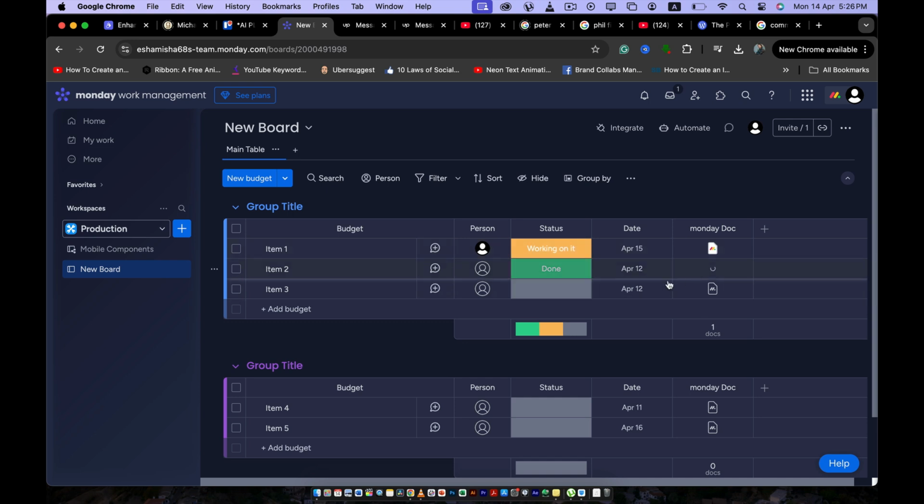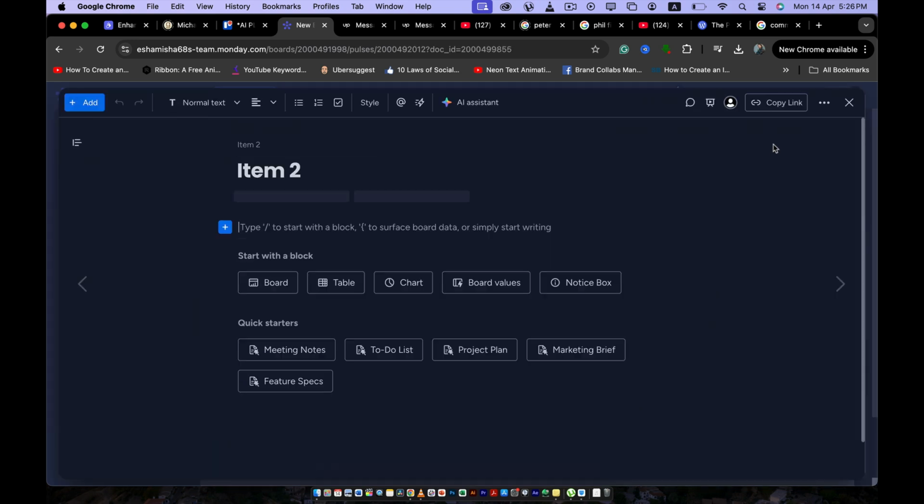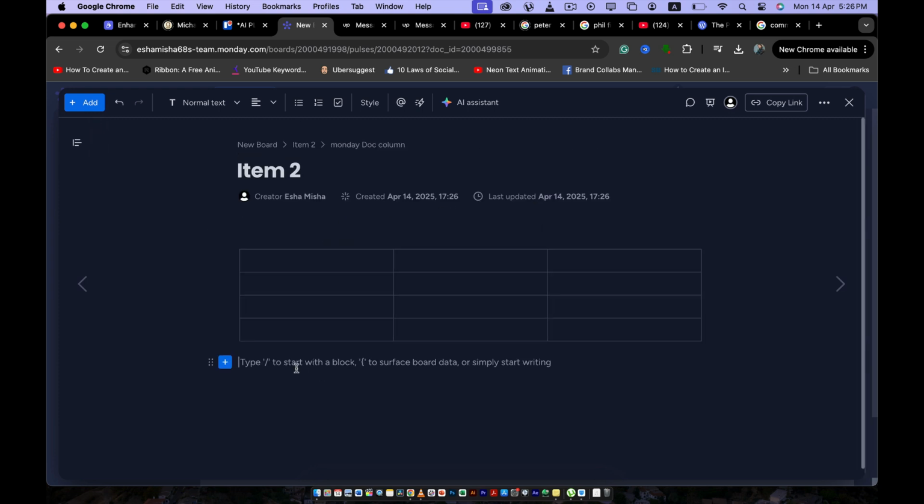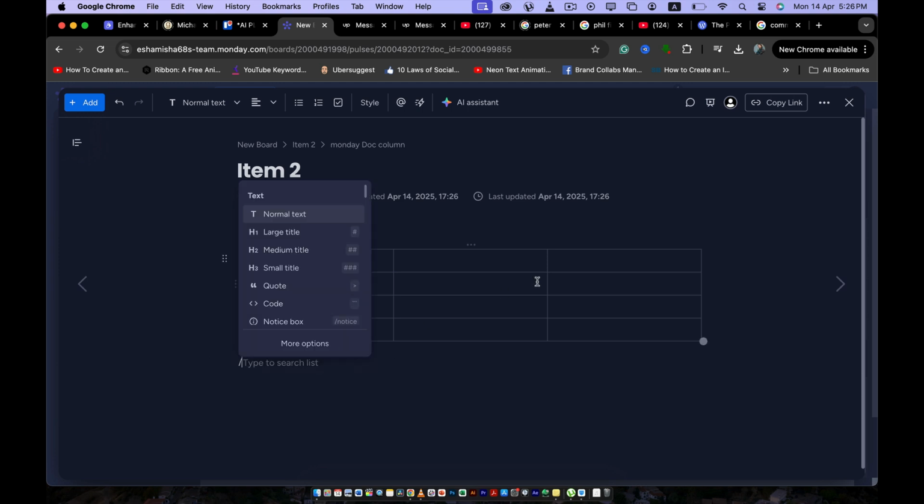And then for future documents, we can just click here and we'll be able to create another one right here. But again, that's completely up to us if we want it or not. And we can also,